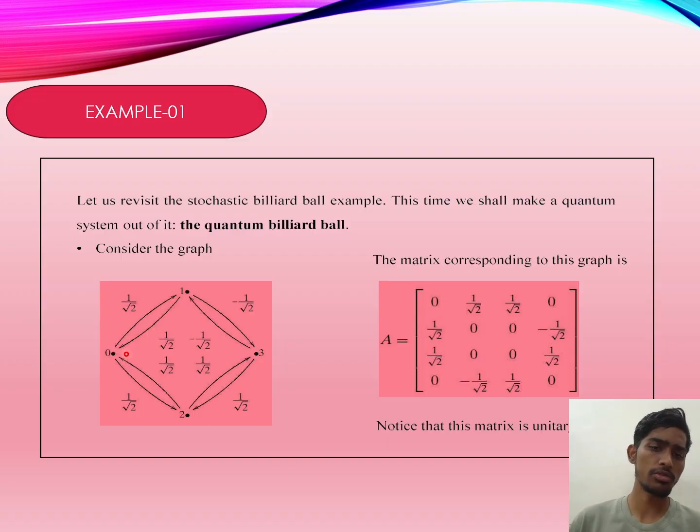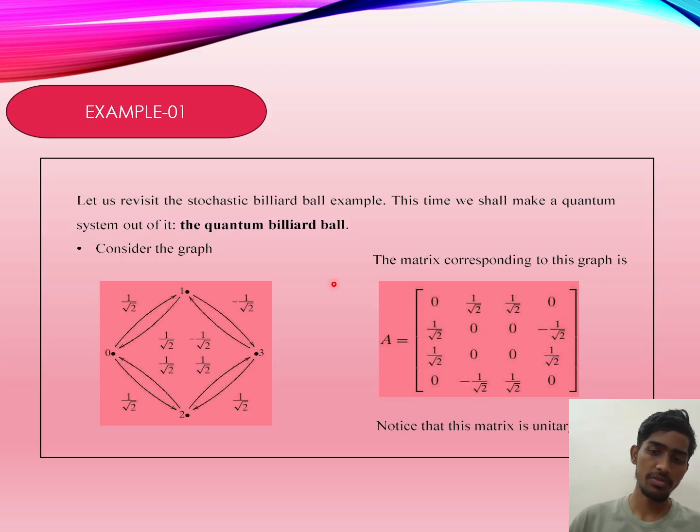So here also we will do the same thing: finding the adjacency matrix, finding the probability of going from 0 to 1, 1 to 0, and finding the new states from the initial state after every time click. The same things are happening here as in classical billiards. But the difference between the two is that in the classical billiard ball, we use real numbers, but in the quantum billiard ball, we use complex numbers, which are difficult for computers to understand.